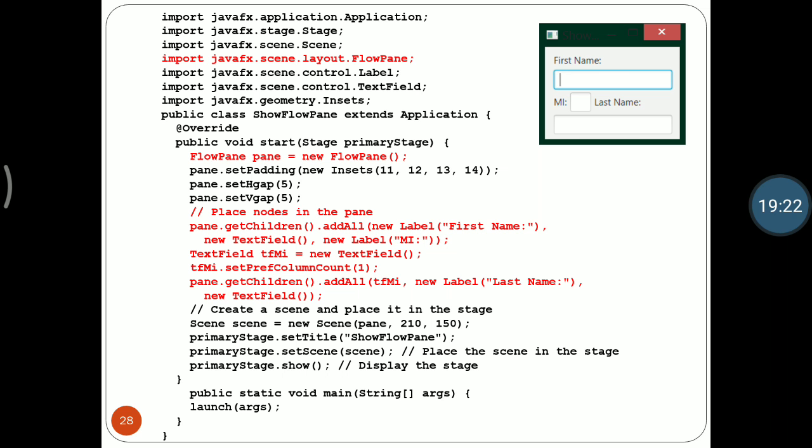We have set horizontal gap equal to 5 and vertical gap equal to 5. In that we have taken a label first name, and a text field. Second is MI, again we have taken a text field. Last one is last name, and again we have taken a text field.